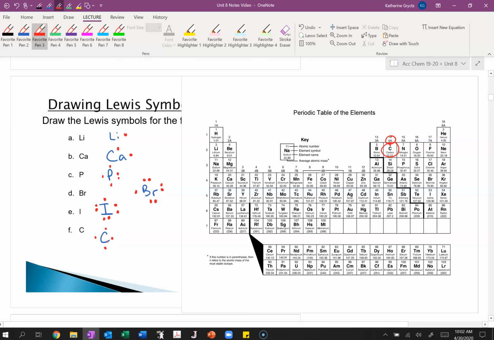Okay, so the idea with these is now we're going to try to figure out how these things might share with other atoms and make these covalent bonds. And so what covalent bonds are sharing, and what we found, and there are always exceptions, but what we found is that elements will typically share until they've reached a full valence shell. Okay, and so just to give you an example, this is going to get a little large fast, let's say carbon